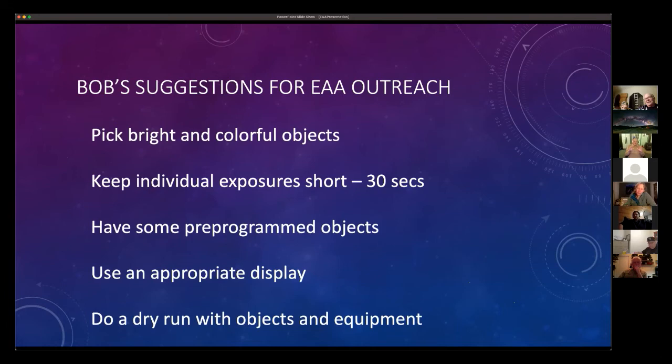So, yes, obviously people want to do something. If they stick around, you can do whatever you want. But for the general audience, have some pre-programmed objects that you can move to quickly, one to the other. Use an appropriate display. Showing the image on your phone is fine if you're the one looking at it, or you've got your pal that you can show 6 feet away. But if you're showing it to 5, 10, 15 people, you probably want to send the image to a